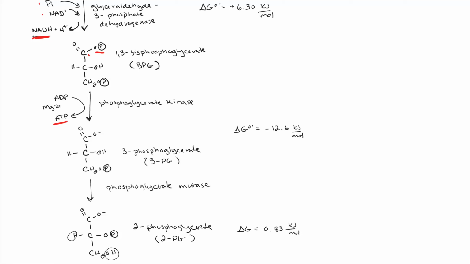So 1,3-bisphosphoglycerate plus ADP in the presence of phosphoglycerate kinase will yield 3-phosphoglycerate, or 3PG. And what you'll notice here is that we've dephosphorylated at the 1 carbon, leaving a carboxylate. So even though we've gone through a dephosphorylation, recapturing that phosphate in the form of ATP and energetically breaking even, we've also maintained the oxidation at that first